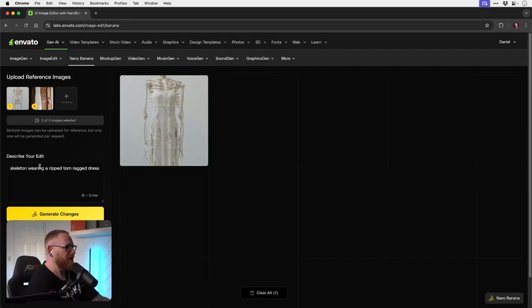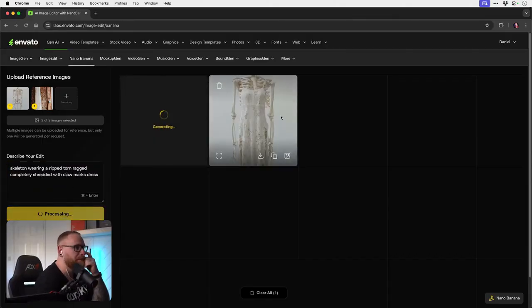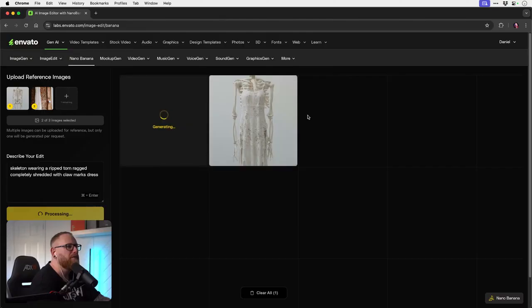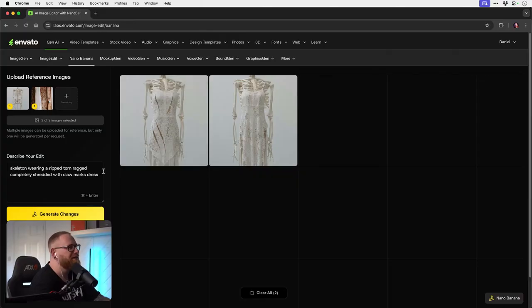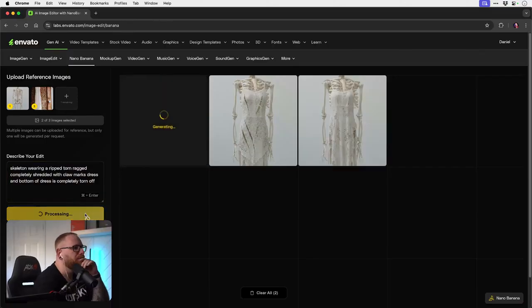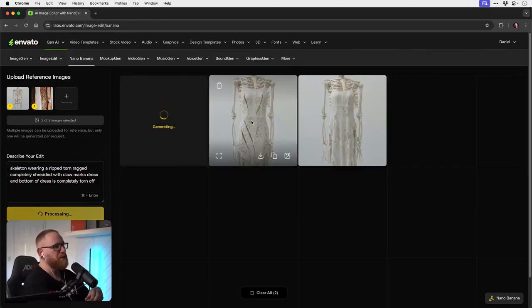Oh, okay. Right, a ripped, torn, ragged, completely shredded dress with claw marks. In fact, I think I've done it too high. Yeah, the straps up there would be good. I want it completely like as if you've been in a fight with a tiger. Better, yeah. And the bottom of the dress is completely torn off, so it's literally just rags left.